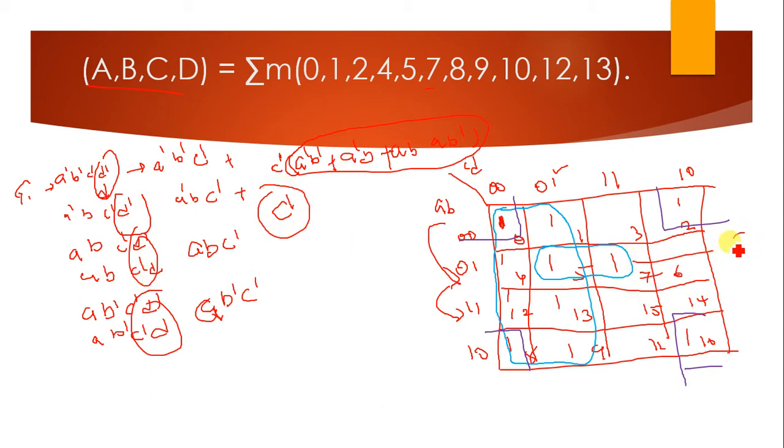Similarly, solving group 2, which is A dash B C dash D to A dash B and C dash, which has been changed to C, and so it is C to D. Which thing has changed? C to C dash. That is A dash B, A dash B C, A dash B to C.